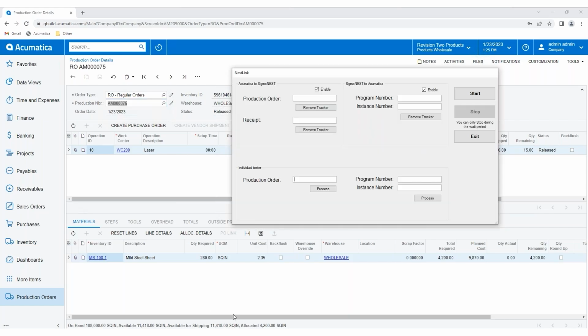I'm doing this manually at the moment, just for demo purposes, but in a production environment, NestLink would get started on the server, you would leave it alone, and it would periodically check Acumatica or SigmaNEST for new details to process each way. So we'll start with processing job 75, we'll move to job 74,